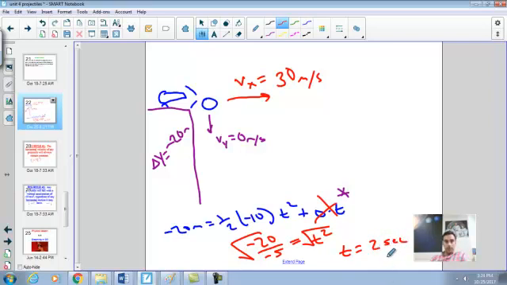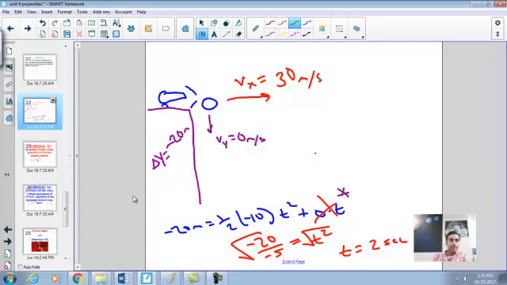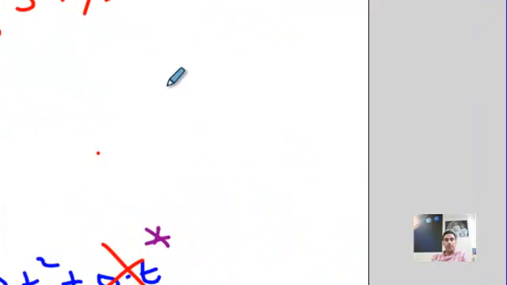Sweet. So now we know when it's going to hit, but we still don't know where it's going to hit. But thankfully, big rule number 1, velocity is constant. Because I know the time that it fell, I also know the time that it traveled over. The time is the same for each. So it's falling and moving over with the same amount of time. So going back over here, if our velocity is 30,